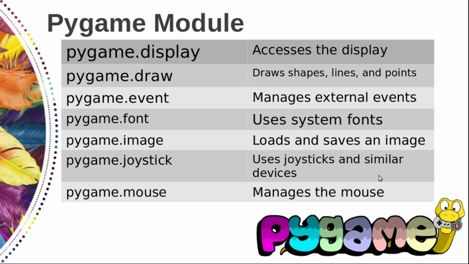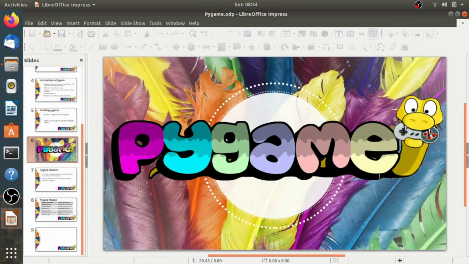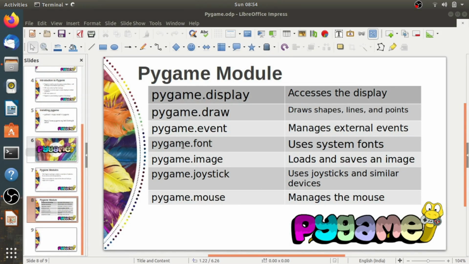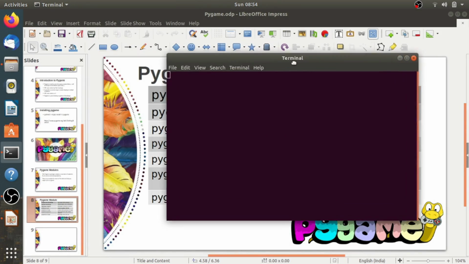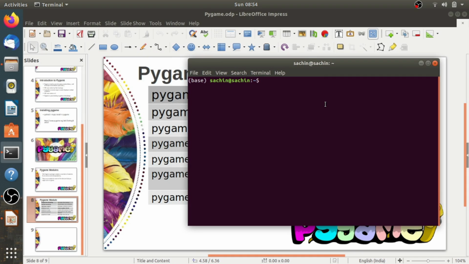Now let's start with the Hello World program. We are going to create a Hello World script with Pygame that opens a graphical window on your desktop and draws an image under the standard mouse cursor.